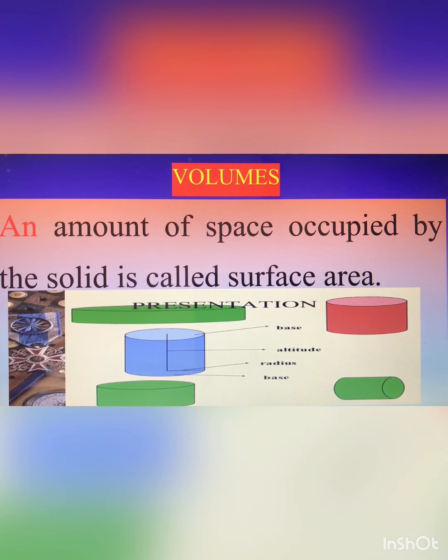For example, in the same figures, the interior region of this cylinder, इस सिलेंडर के अंदर के पार्ट को हम वॉल्यूम कहते हैं। सेकंड में देखें अगर, तो ये दूसरा सिलेंडर है, इस सिलेंडर में क्या हम फिल कर सकते हैं, उस रीजन को, उस स्पेस को हम कहते हैं वॉल्यूम। थर्ड वन में अगर देखें तो ये जो थर्ड सिलेंडर आपका रेड कलर है, उसके अंदर कितना स्पेस है, उस स्पेस को ही हम वॉल्यूम कहते हैं।